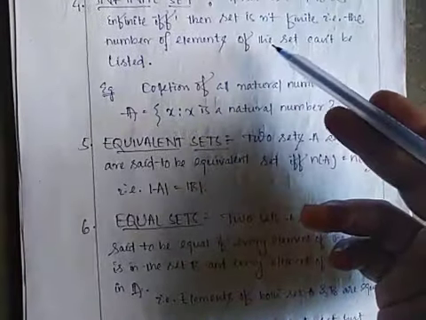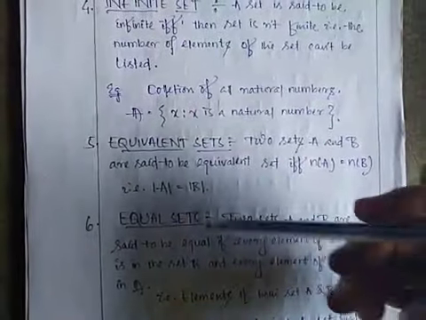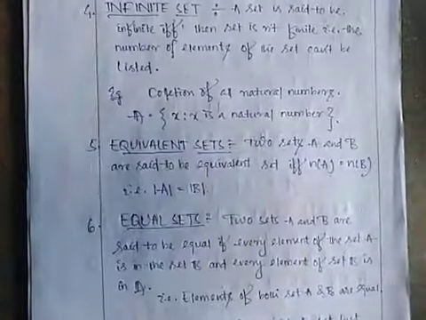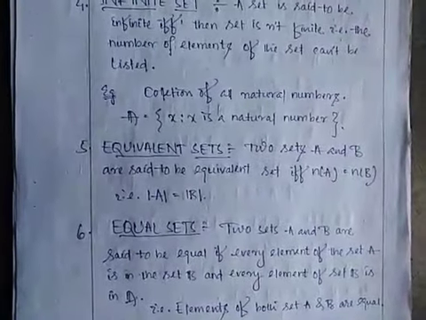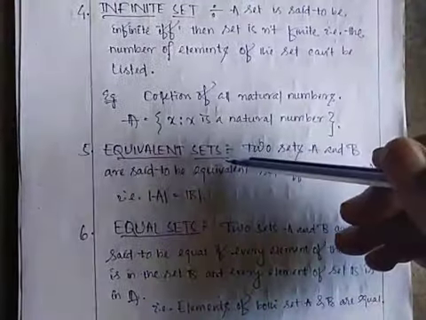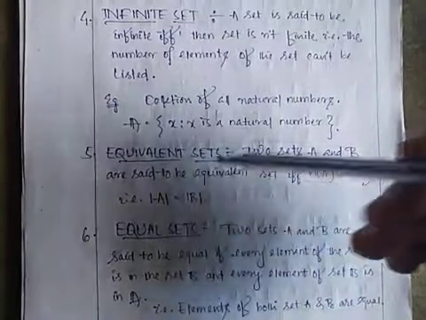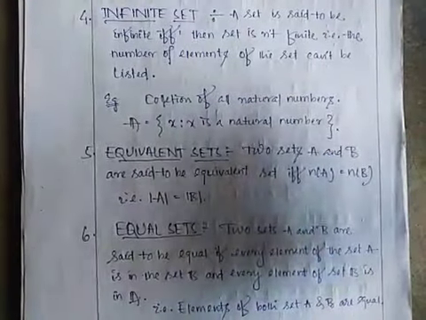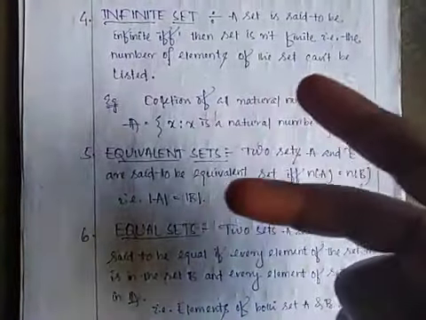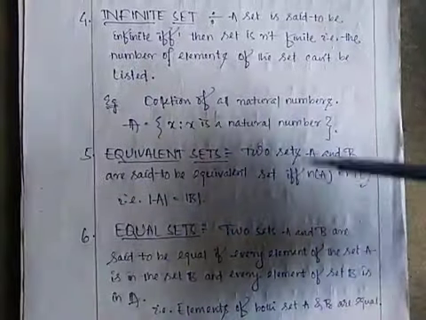So that is the infinite set. Similarly, we will read now equivalent set. What do you mean by equivalent set? यहाँ पर equivalent set नहीं होता है, sets होता है. Because here equivalent होने के लिए दो चीज का जरूरी है, दो चीज रहना जरूरी है at least.